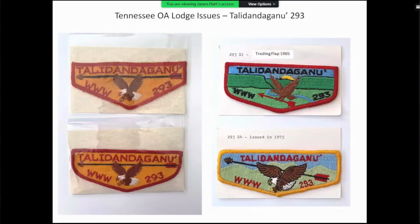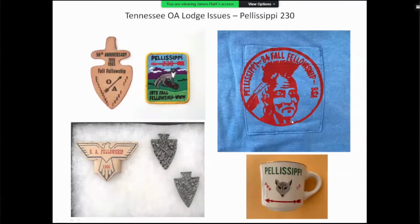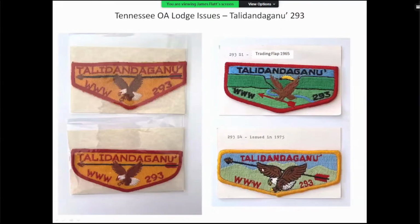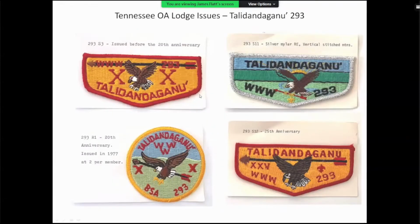After this issue, they dropped their restriction and went to something that looked kind of like this without the double X, and they used that flap for, again, about 10 or so years, and then issued this in 75. And this was the first time they'd changed designs in about 10 years, and showed up with these at the 75 conclave, which was my first conclave. Again, from issue perspectives,